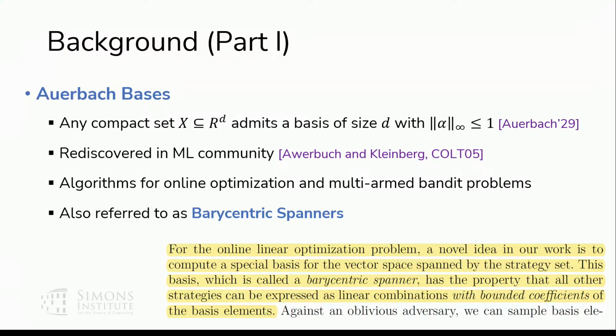This is basically what they're doing. And they show that there exists one of size order d. For instance, the application in online linear optimization and multi-armed bandits was basically finding a basis for the exploration of the space,